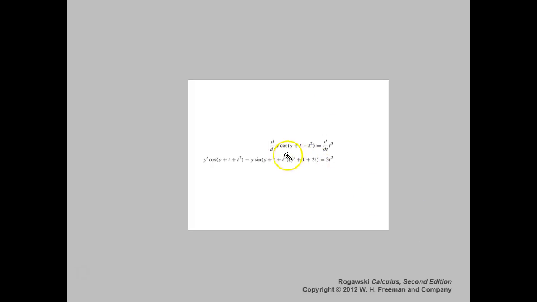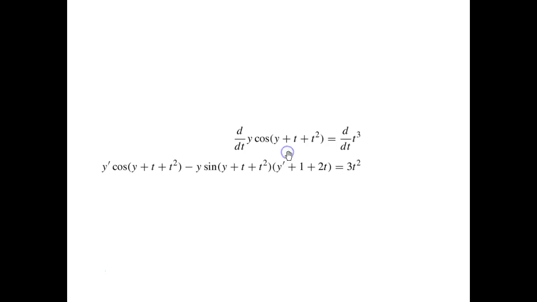Well, wait, okay, sorry about this. Here's the steps that we did. Let's see how they did it. The derivative of y times cosine of y plus t squared is equal to the derivative with respect to t of